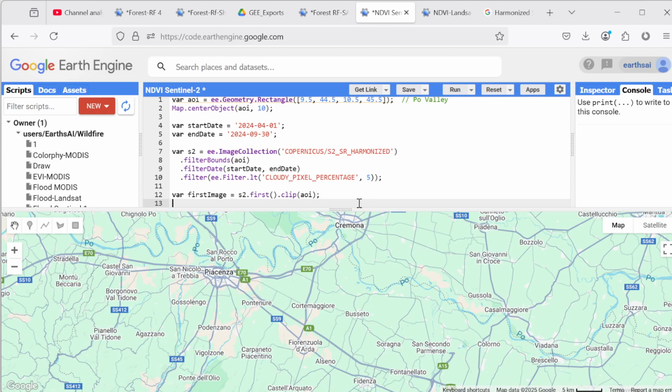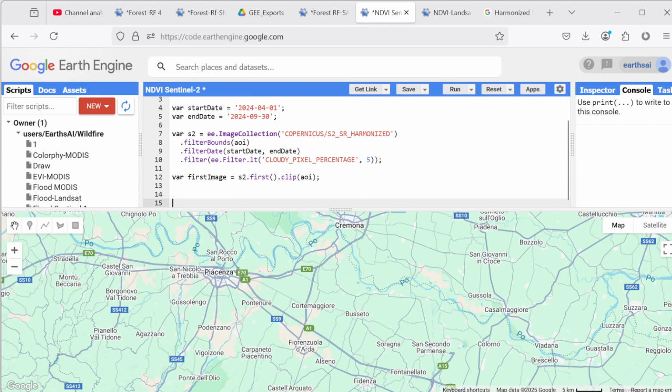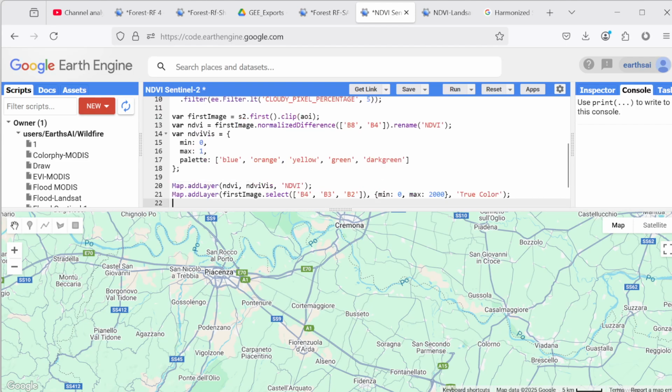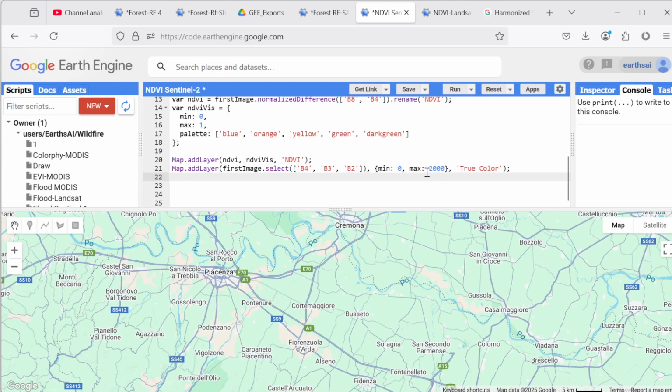We write it as s2.first().clip(area of interest) and calculate the NDVI with this formula: NDVI equals first image.normalizedDifference(B8, B4), and we rename it to NDVI. We need a visualization of this. We define a variable for the NDVI visualization with min 0 and max 1, with the palette blue, orange, yellow, green, and dark green, and add the NDVI layer to